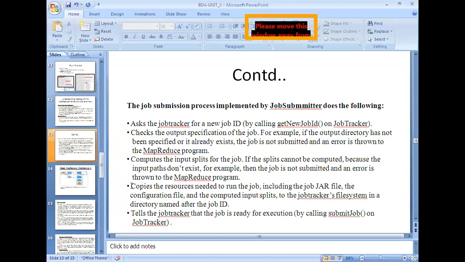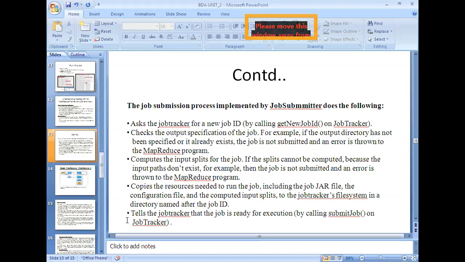Now, the next point is it copies the resources needed to run the job, including the job jar file. A jar file, you can simply imagine, is an archive, a zip file, which contains the information regarding all your job activities, right? So these jar files, the computed splits and configuration files are all copied into the job tracker's file system, and a directory named after the job ID is created.